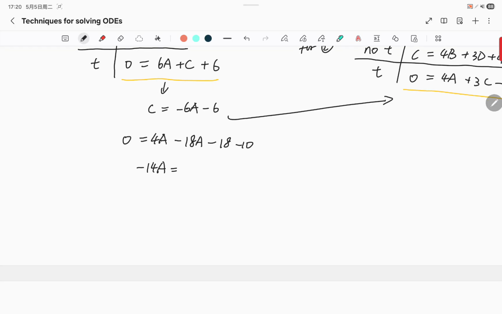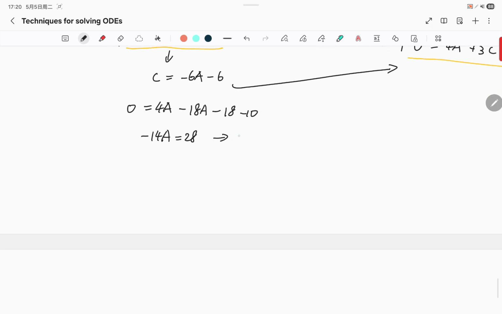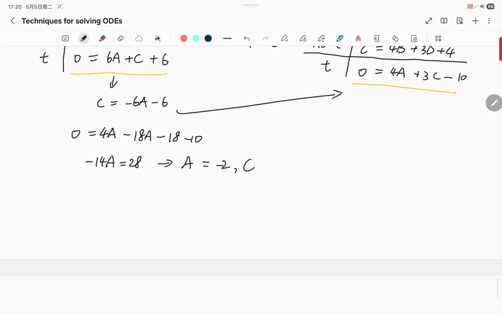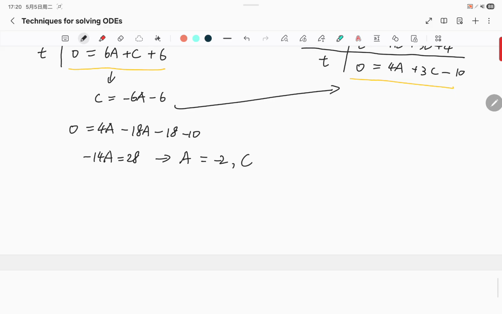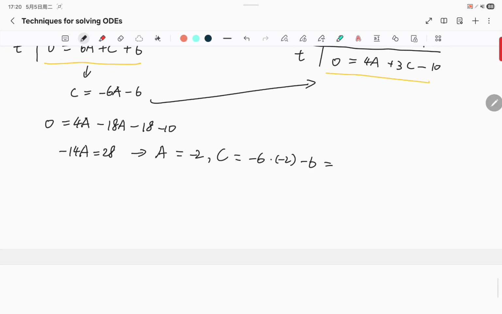Is equal to 28. Yep, minus 28. Put it to the other side, 28. So a is negative 2, and c, I'm going to get minus 6 times minus 2 minus 6, so 12 minus 6,